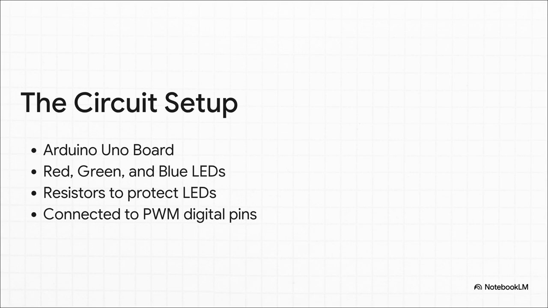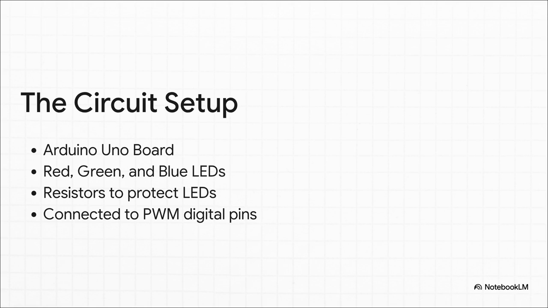So the physical setup here is really simple. We've got an Arduino Uno, which is basically the brains of our little operation. Then we have a red, a green, and a blue LED. Each one has a small resistor hooked up to it, just to make sure it doesn't get too much current and burn out. And, crucially, they're all connected to special digital pins on the Arduino that are actually capable of